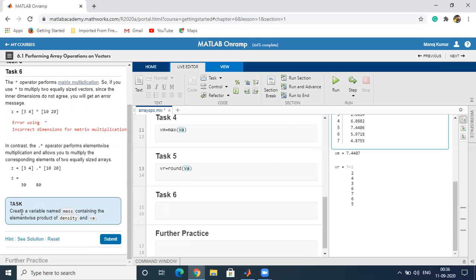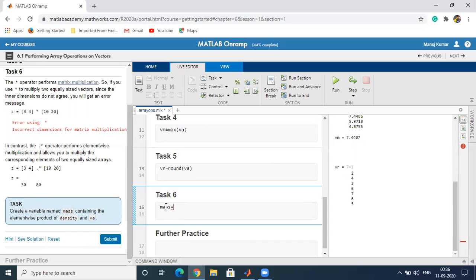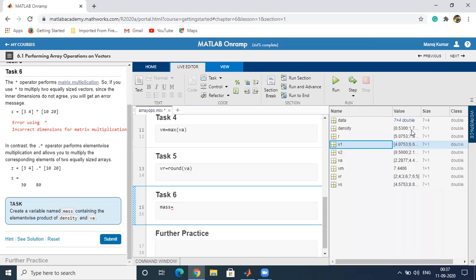The task is to create a variable named mass that contains the element wise product of density and VA. Density is a vector and VA is again a vector. You can see here VA is a vector of 7 rows, 1 column. Similarly, density is also a column vector which is 7 rows, 1 column.